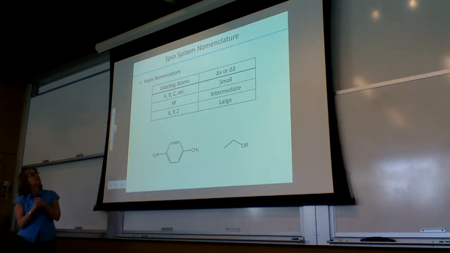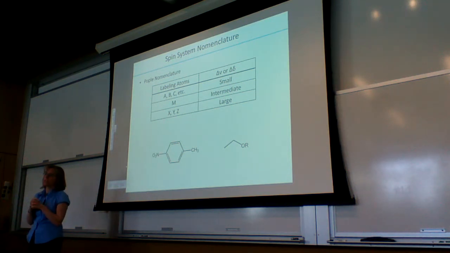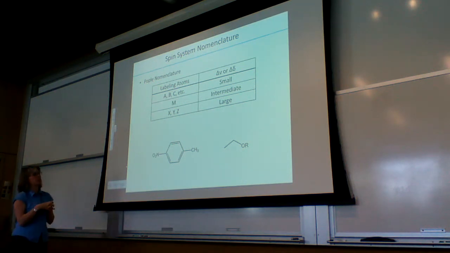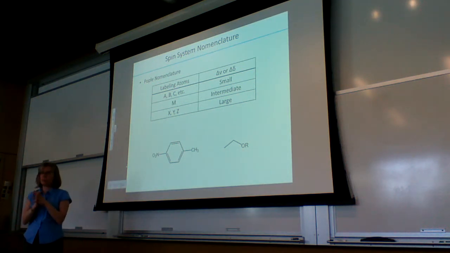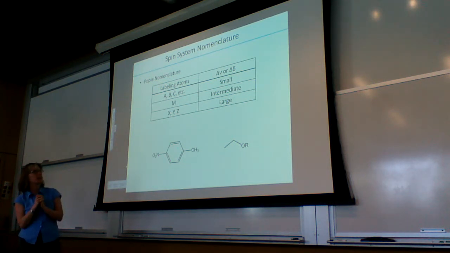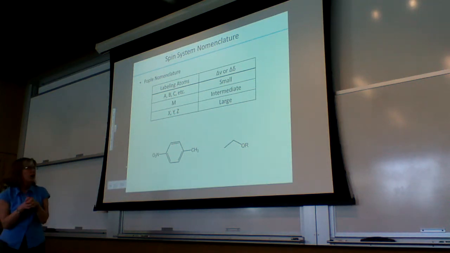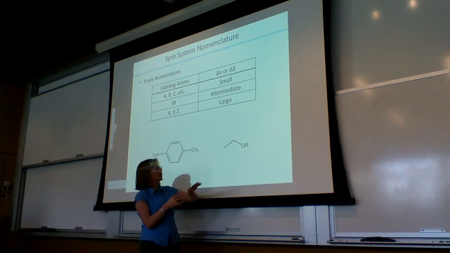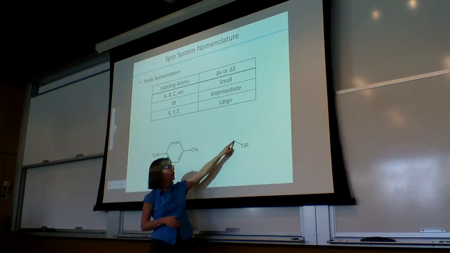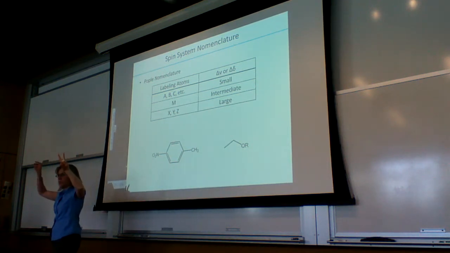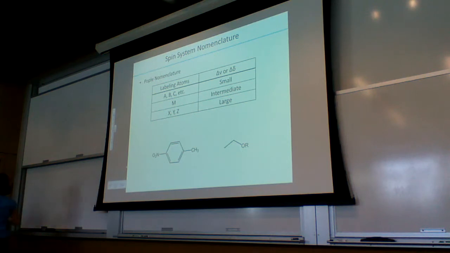And so this is the Pople nomenclature system. In this, you look at groups of atoms and label them as A, B, C, or M, or X, Y, Z. And the way to determine that is to look at how close together the two peaks will be in the spectrum. So if we were looking at this system here, where we had a CH2 group and a CH3 group, we know that those aren't going to show up as the same signal, but we're going to label them as A,